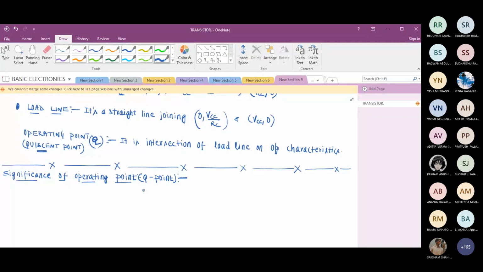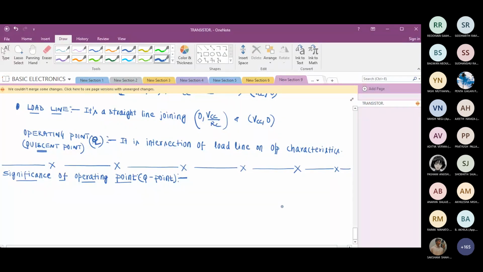Before I start, today is my last session. Next session onwards, a new faculty is going to come. He's going to teach operational amplifier. To close this chapter, I am going to take extra classes. So I'll talk to Divyanshu. I'll fix a time, and whenever you are free, I'll take some extra classes and finish off this chapter. Is it okay? Yes, sir.